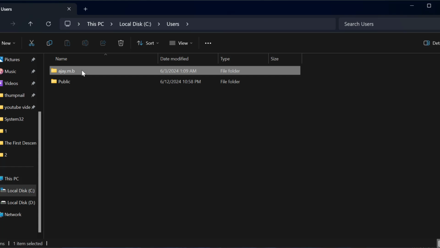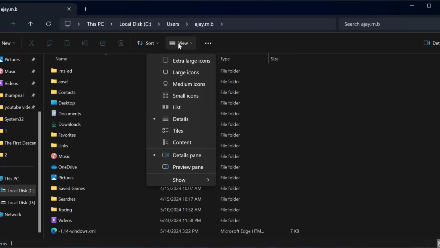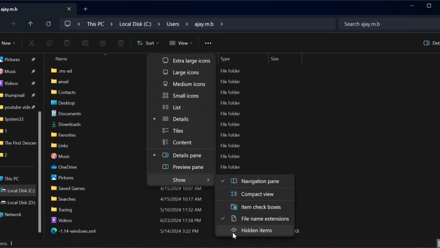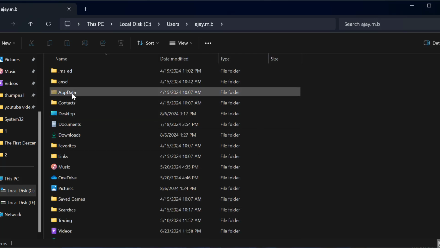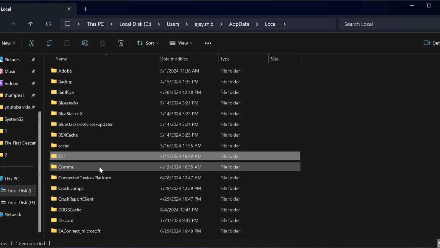After that you just need to open the folder, and after that you just need to select View at the top, select Show, and select Hidden items, and after that you will be able to see the AppData folder. Double click on it, Local folder, find the m1 folder,